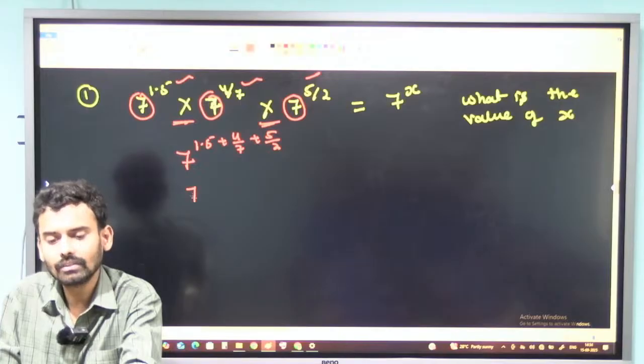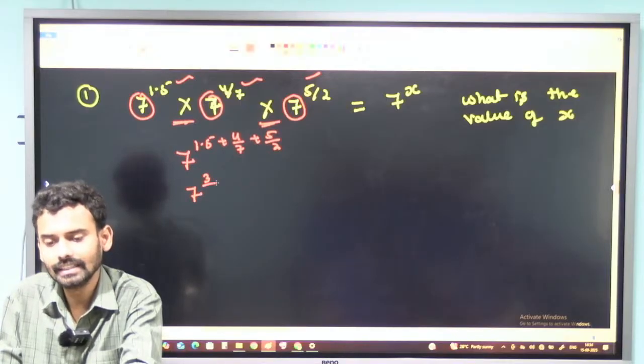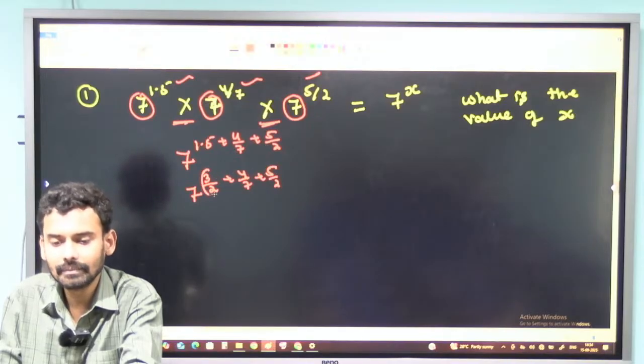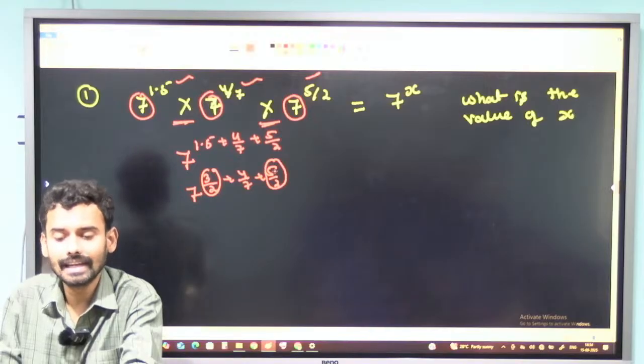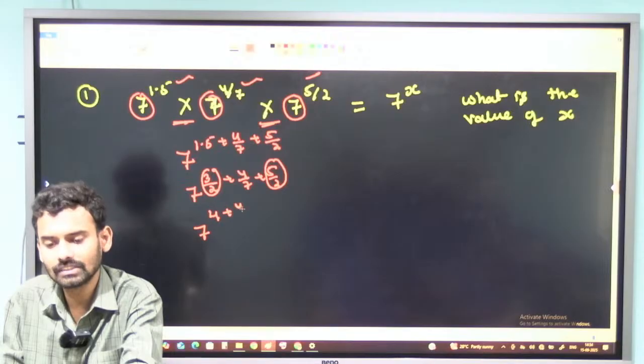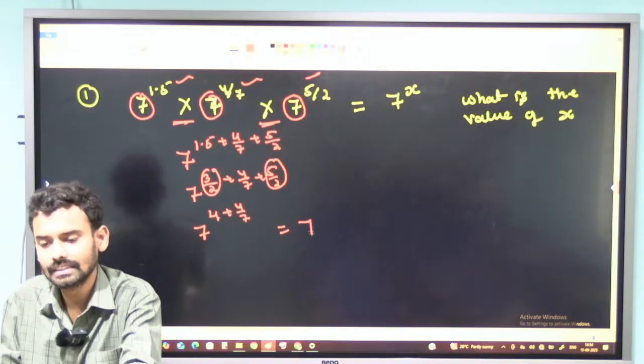Now, I can write 1.5 as 3 by 2. So, it is 7 to the power of 3 by 2 plus 4 by 7 plus 5 by 2. If I add 3 by 2 and 5 by 2, it will become 8 by 2, which is nothing but 4. So, 7 to the power of 4 plus 4 by 7 is equal to 7 to the power of